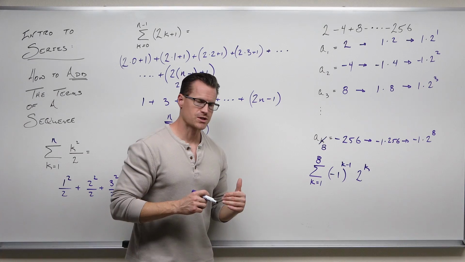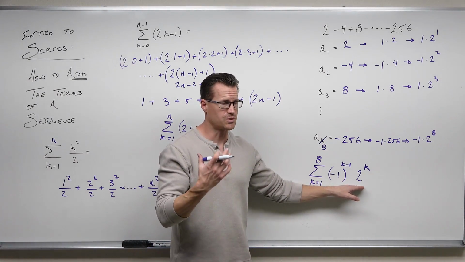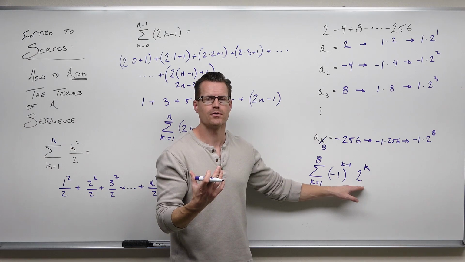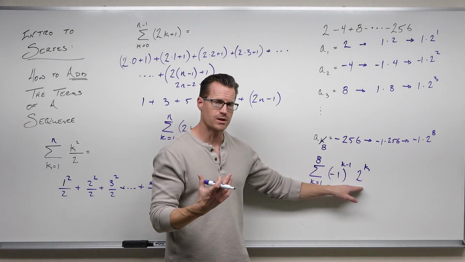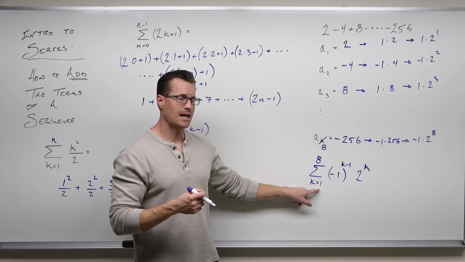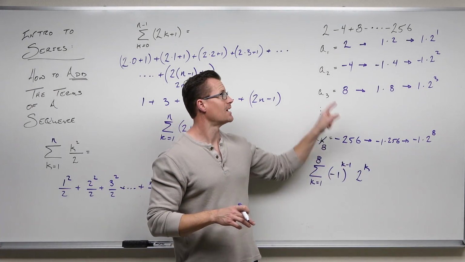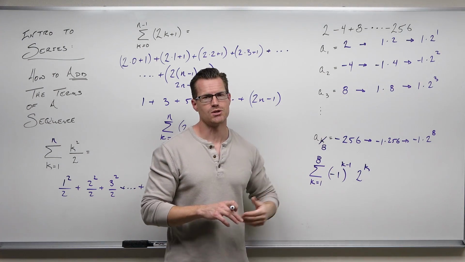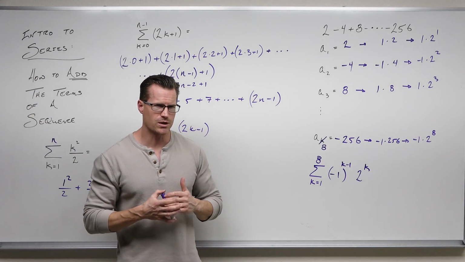This series is represented as, here's the sequence. We know it's right. We've just spent like an hour-long video finding sequences. We know that represents a sequence. We know it starts at 1, and now we know it ends at 8. That is the 8th term. And this is how you would represent that series in series notation. Hope that makes sense. Hope you're seeing the relationship between the sequences that we already talked about.